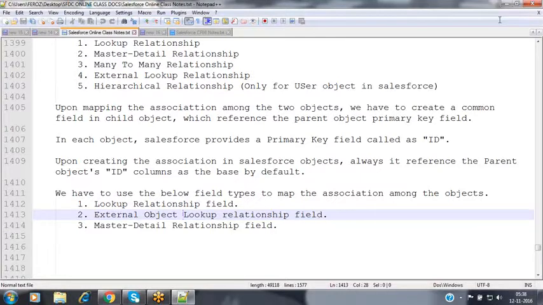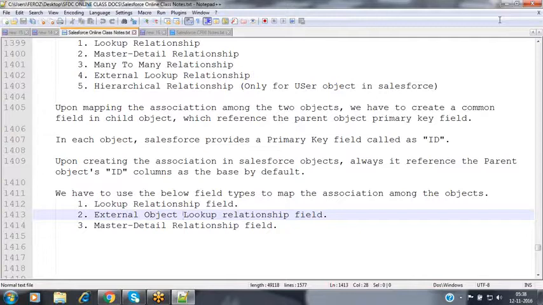Whenever you are mapping the association between two objects, the fundamental base rule is that between those two objects, we should have a common column. We have to maintain a common column. That common column acts as the bridge between these two objects, because some reference is required.